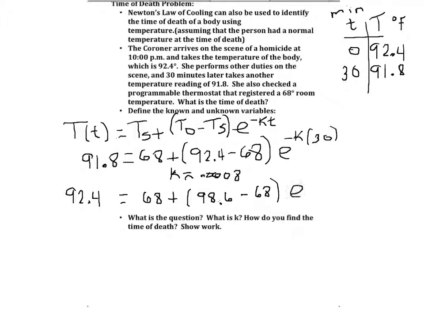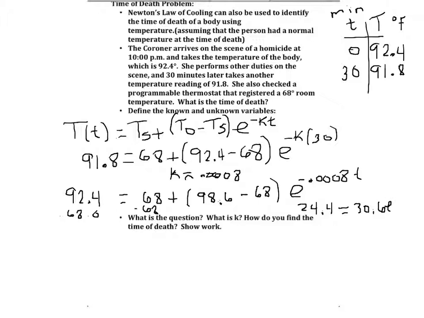So when we actually solve for lowercase t for the time of death that has passed, we have to count backwards from 10 o'clock or 10 p.m. So that's going to be negative 0.0008, and we're solving for lowercase t for the time that we have to count backwards from 10 p.m. And so then when we subtract 68 from both sides, we end up with 24.4 is equal to 98.6 subtract 68, that's going to be 30.6,